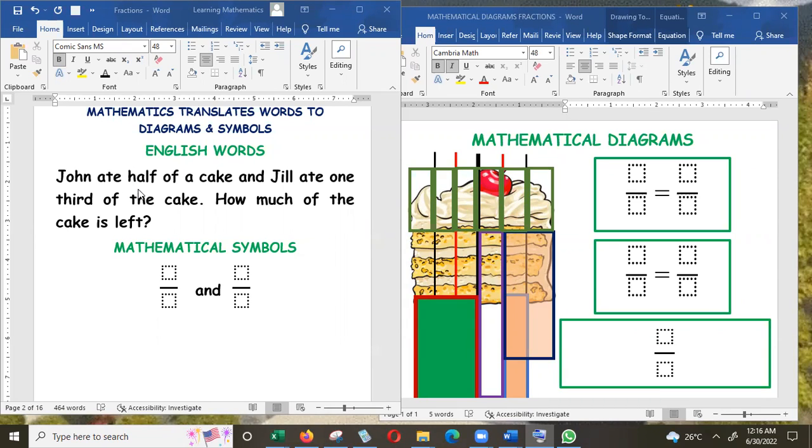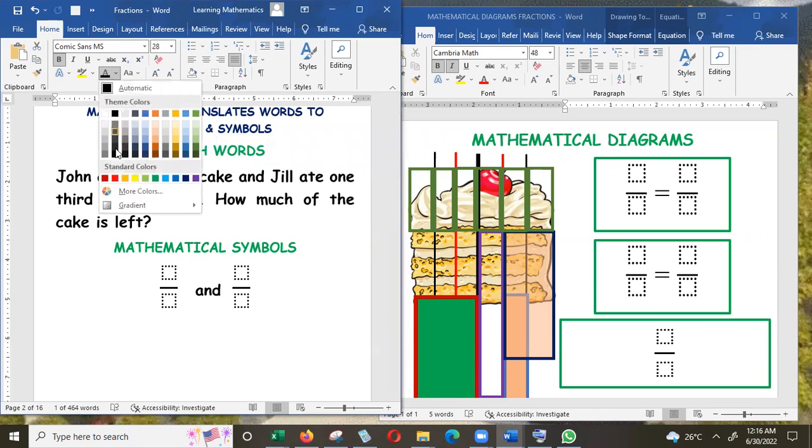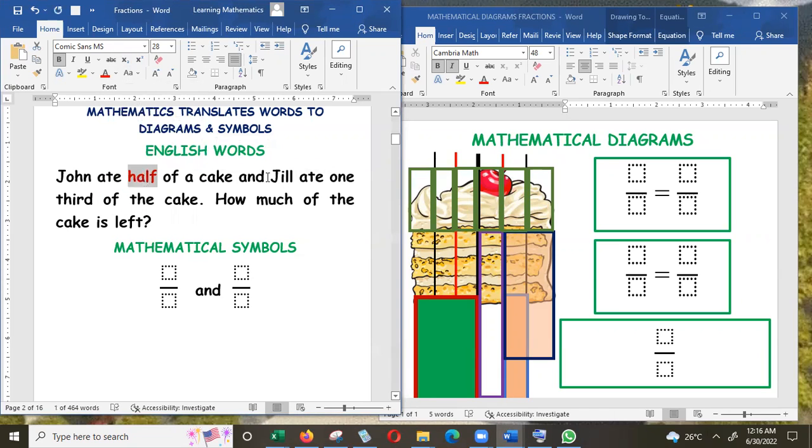And any word that's important in mathematics has its symbol to facilitate mathematical translation. For example, the word half has its mathematical symbol. The word and is an important word in mathematics, especially in algebra and arithmetic. It has its symbol for translation. 1/3 is another important word in mathematics. It has its translation symbol also. So here we're going to translate these important keywords